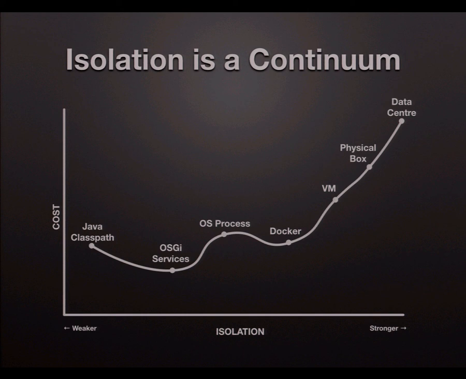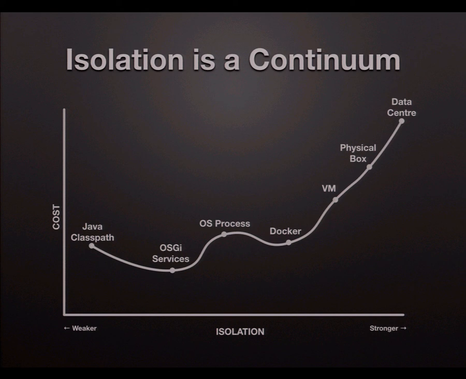And of course, it could conceivably happen that something running inside a VM could still crash the entire physical box. It would be difficult, but it could be done. Or, of course, you could just get a power failure, in which case the whole physical box dies. And so you need a separate physical box for your next level of isolation. And then eventually you can have disasters like Hurricane Sandy, which knocked out lots of big data centers on the East Coast in the US. And you need a separate disaster recovery site. So you get more and more isolation.